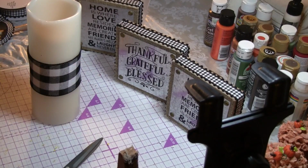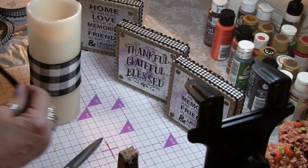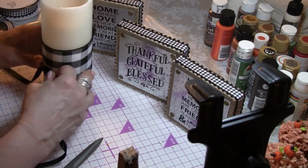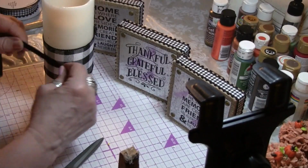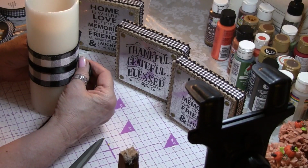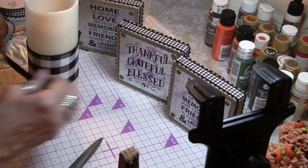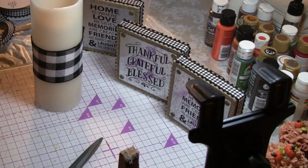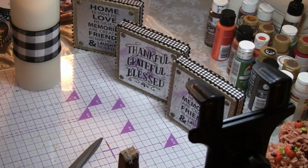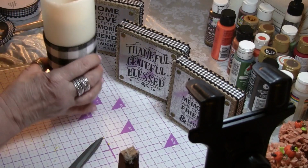And then you can embellish if you want. I'm not sure what I'm going to do yet with it, if anything. I just wanted a little bit of that color in the inside of the lantern. Don't know if I'm going to do anything because I have a lot of other stuff going on in the lantern, but as you can see, I have changed up how these look just by adding a little bit of